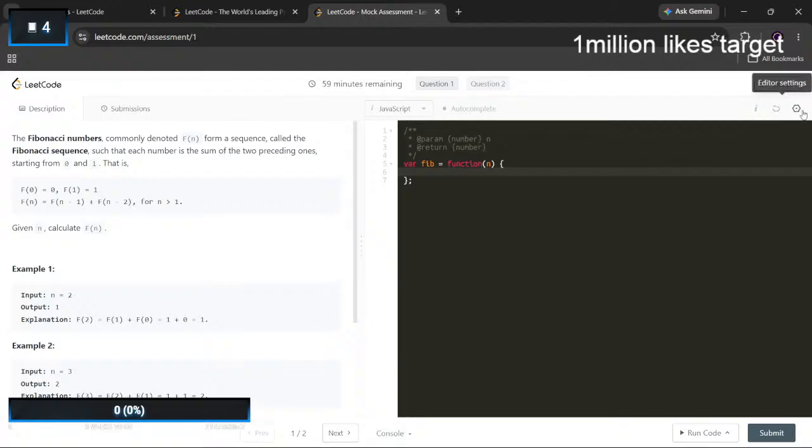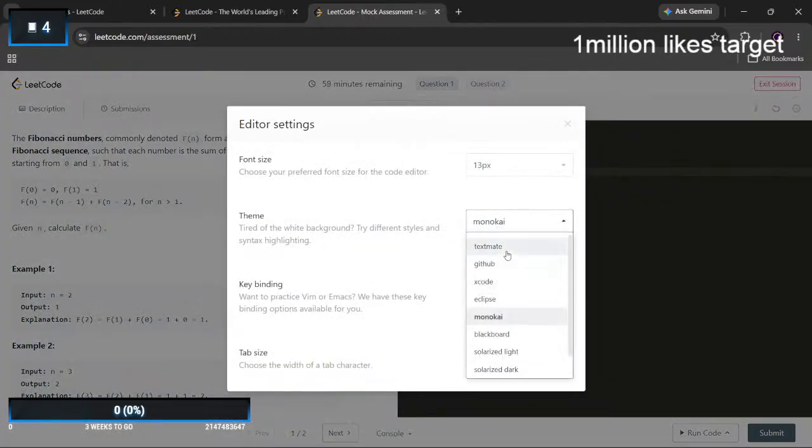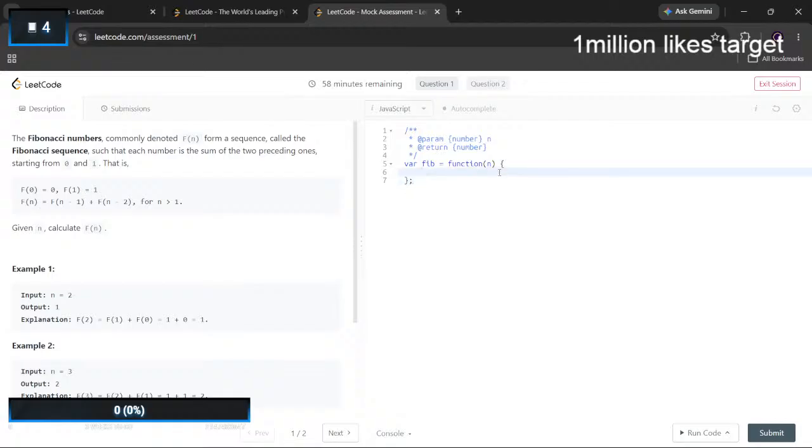What the fuck? Fibonacci number. So I have to return f of n into n minus 1.